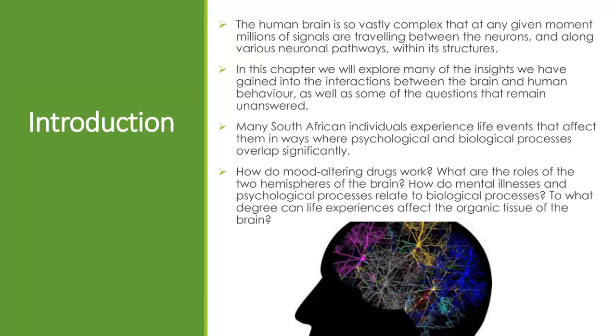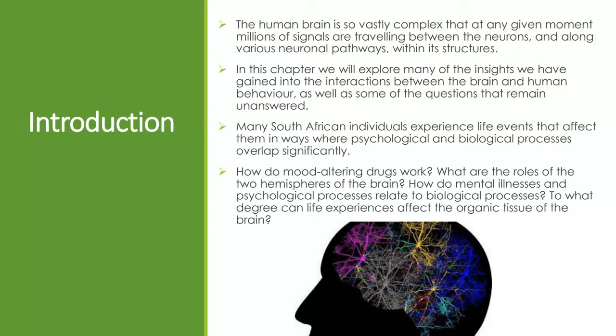So obviously in our body, we have our brain, which is very complex, and at any given time, there are millions and millions of signals traveling from our senses through our body, through neurons into the brain, and the brain is making decisions, the brain is reacting, motor neurons are enabling us to move our limbs and our muscles, and all of that is part of the human neuroscience perspective on biology and how it impacts with psychology.